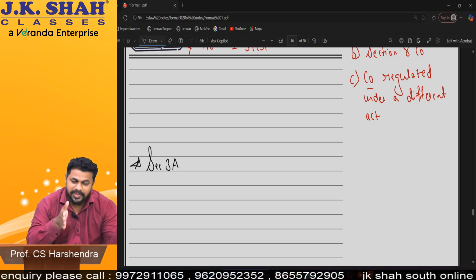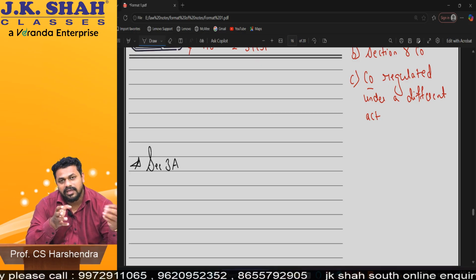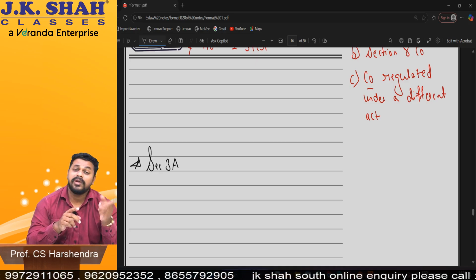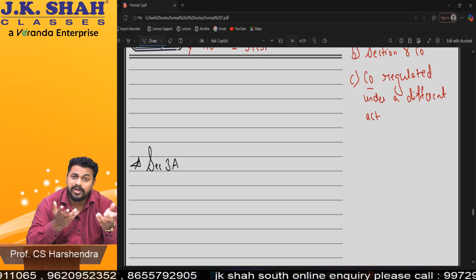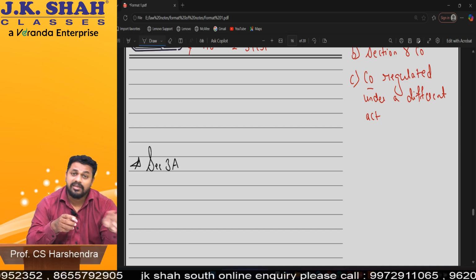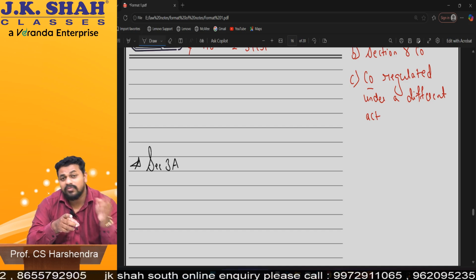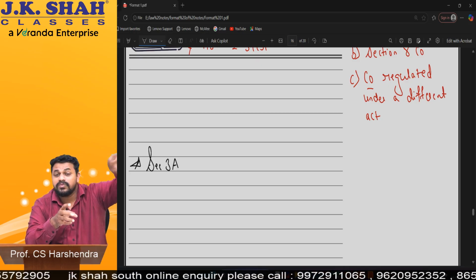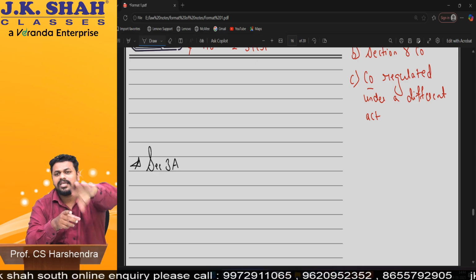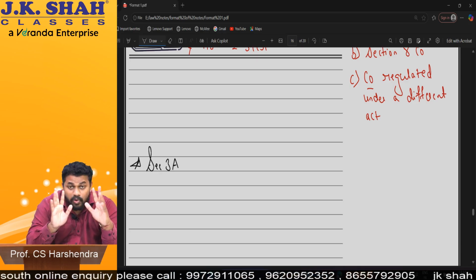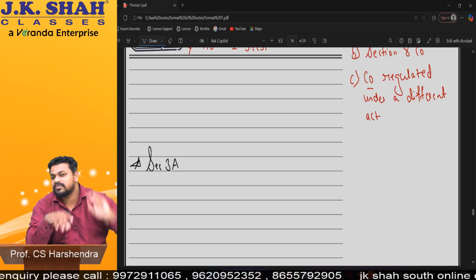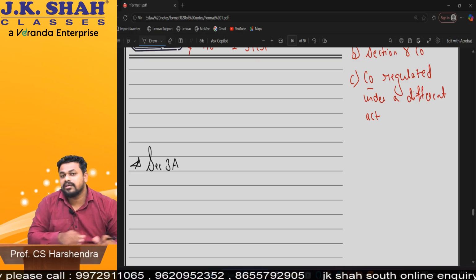Understood? Same thing, if it is a public company, 7 members are there, 1 dies. How many left? 6. So one new member has to be appointed within 6 months. If not appointed, then all the members who are aware of the fact that the company is running with only 6 members will be personally liable. For which contracts? All the contracts which took place after the said 6 months. Within the 6 months, any contract taken in the name of the company has limited liability. For all those contracts which have been taken after the said 6 months, beta, those members will be personally liable. Am I clear with this?